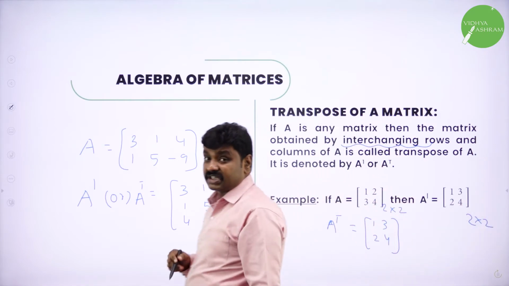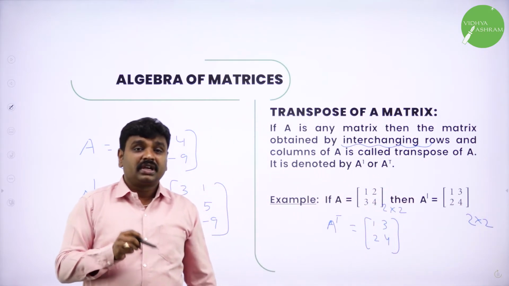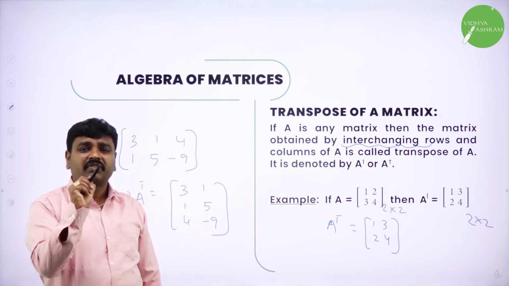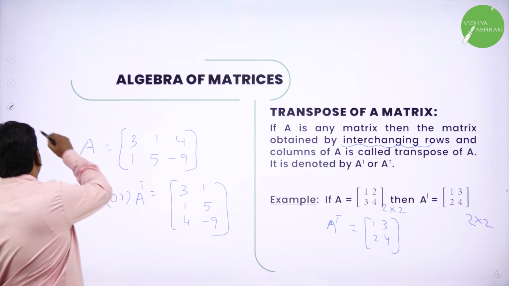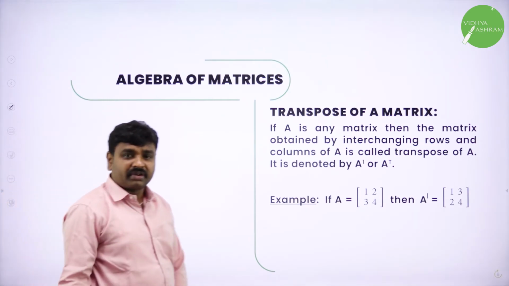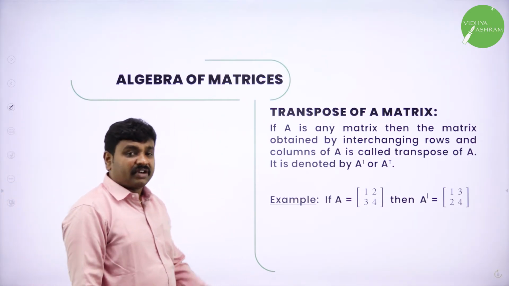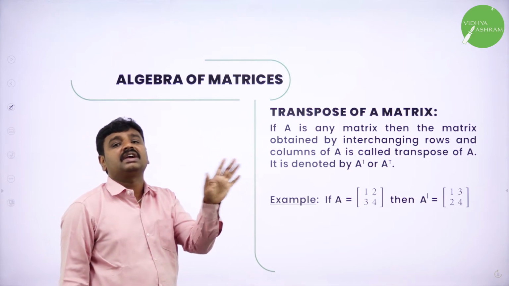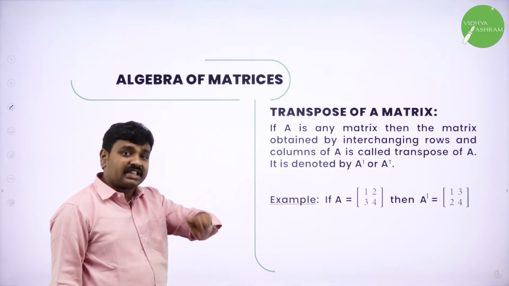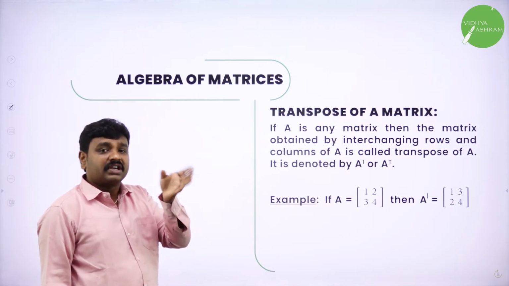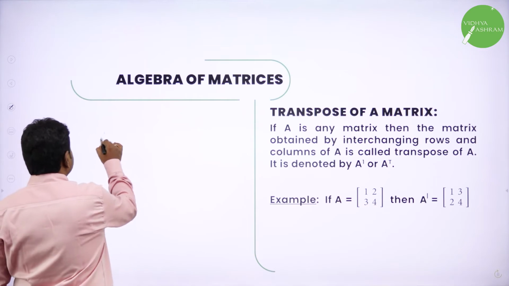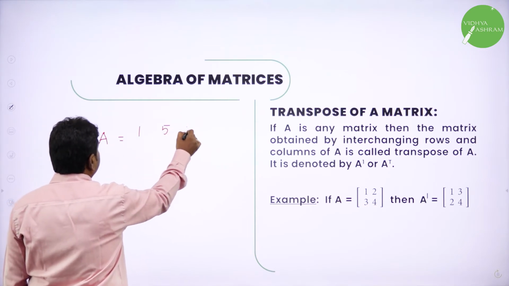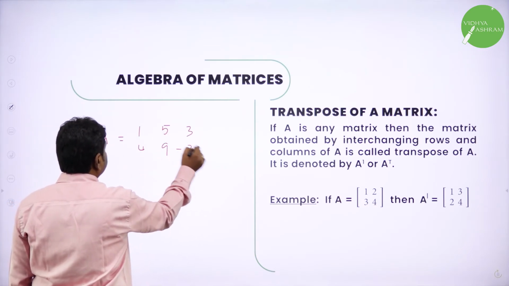Yesterday I taught you what is a square matrix. A matrix is said to be a square matrix if the number of columns of the matrix is equal to the number of rows. So for a given matrix, if the number of rows is equal to the number of columns, we call it a square matrix. For a square matrix, when you transpose, order does not change. But for any other matrix, a rectangular matrix, if you transpose, order interchanges. Order becomes reverse.